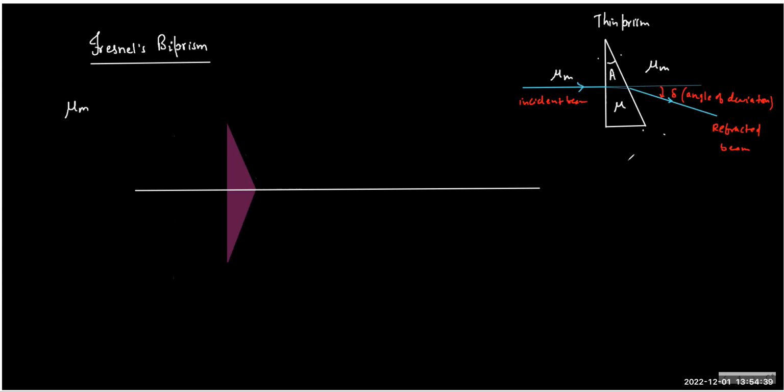And what we need to remember here is that the angle of deviation of a thin prism is a constant value, and it does not depend on the angle of incidence. It is simply the value given by the formula (mu upon mu medium minus 1) into A. This is the formula for deviation. If it is air, then it becomes